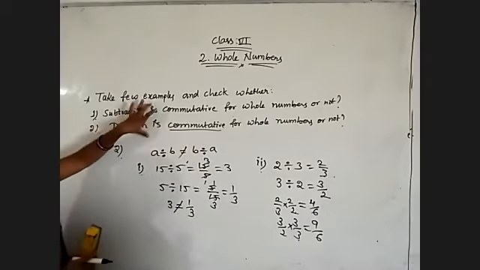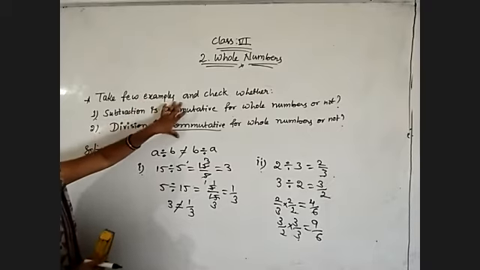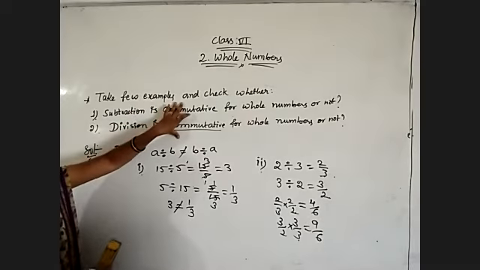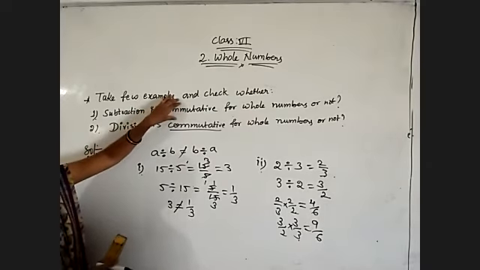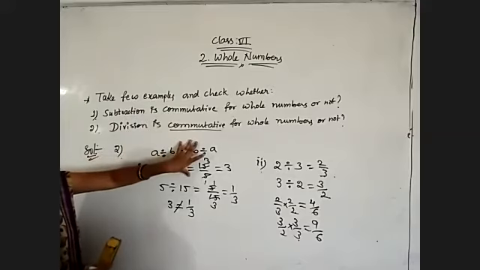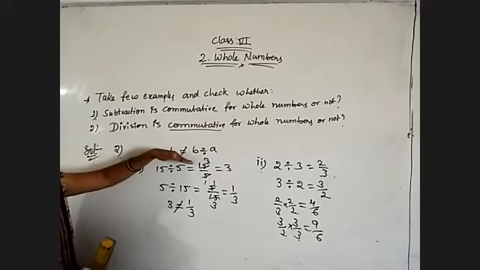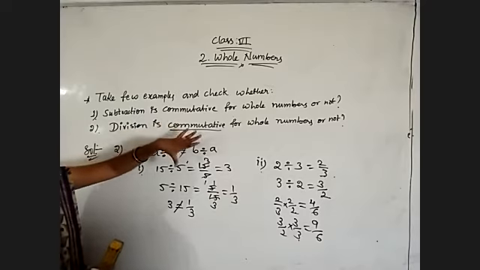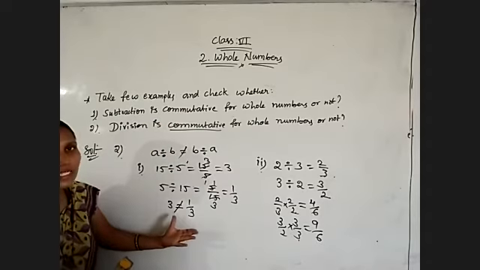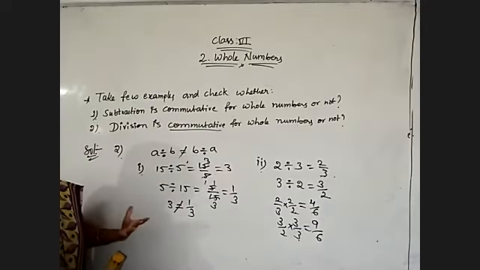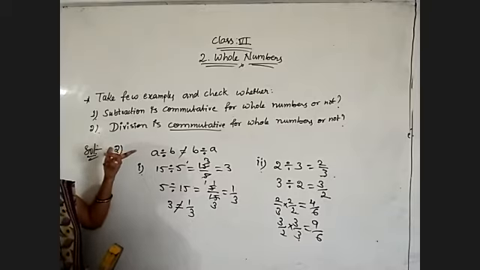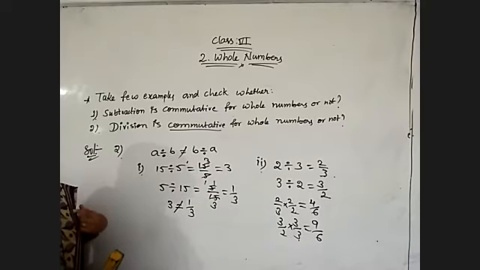Whatever question they give, suppose here commutative property is given. Now suppose associative is given. In that case, what is the associative property? By changing the grouping of 3 numbers, we need to get the same result. So take that condition and a few examples, and check whether it is possible or not. I have explained for commutative. Try yourself for associative property.